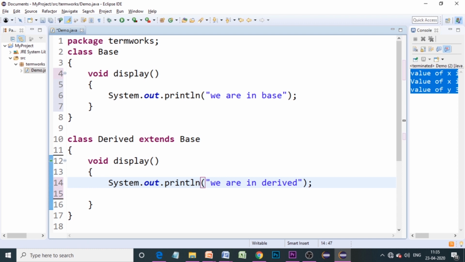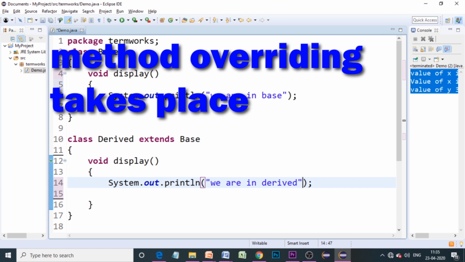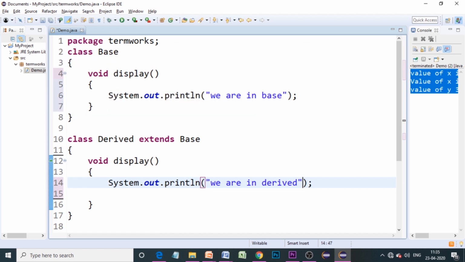So we know that in the concept called method overriding, whenever we have the same method names in the base class as well as the derived class, that is, in the parent class as well as in the child class, and you try to access that method using the derived class's object, it overrides the method which is there in the base class.